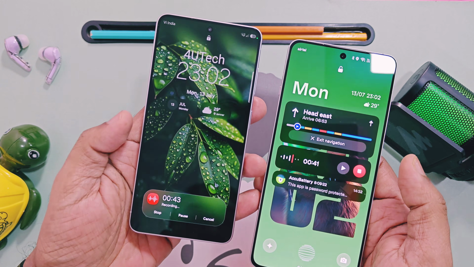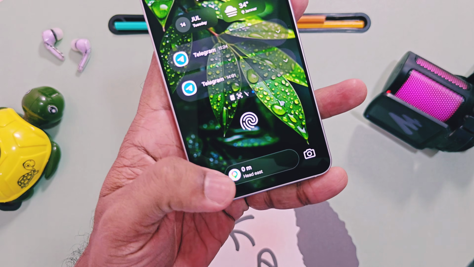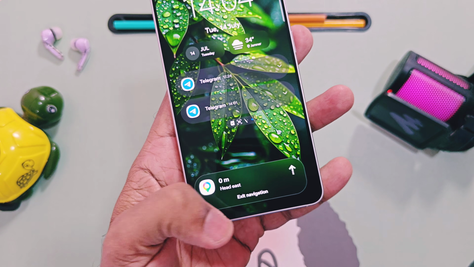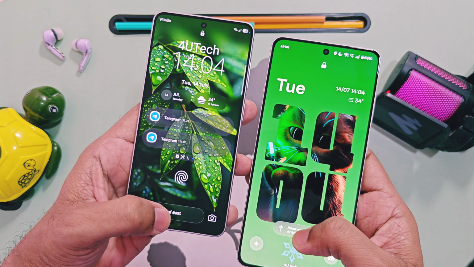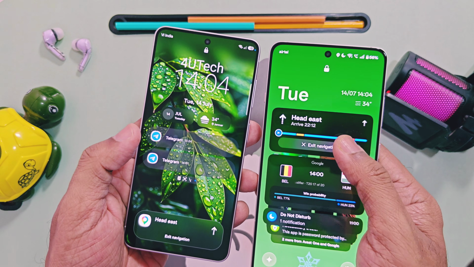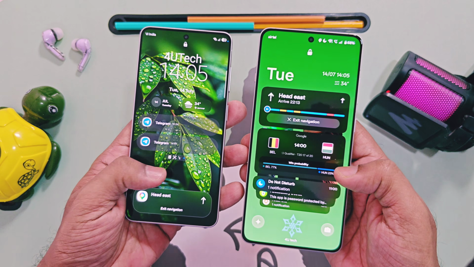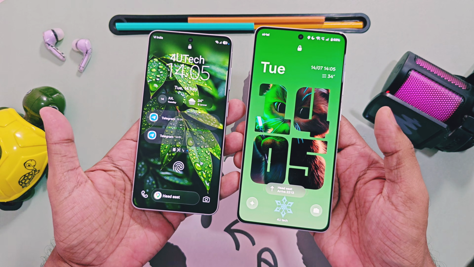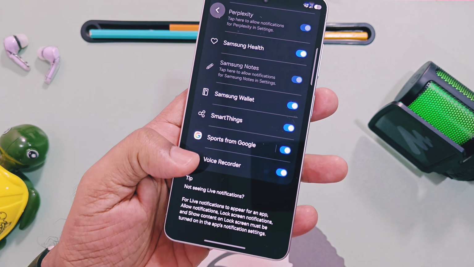this feature. Google Maps navigation also works perfectly on both platforms. Live directions are displayed on the lock screen, making navigation very convenient. Apart from navigation, both Samsung Navbar and OnePlus Live Space can also display live scores for ongoing football and